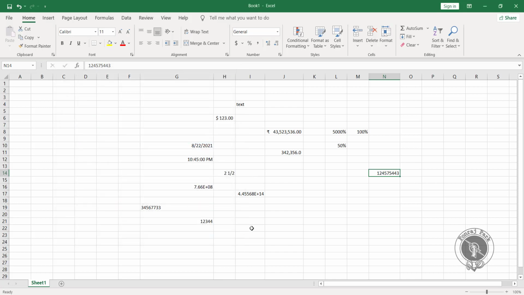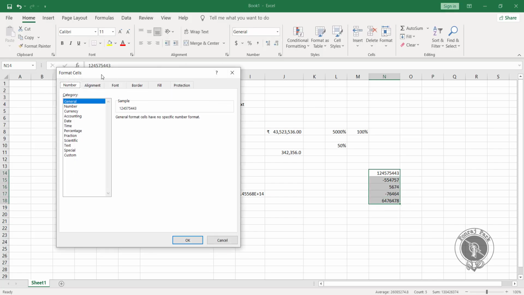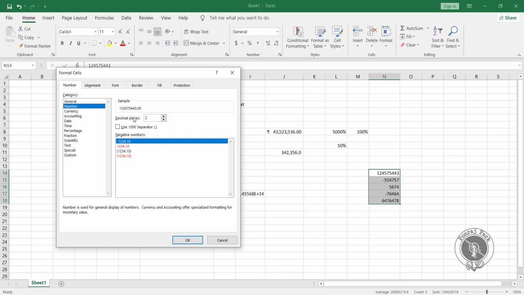So for this I'll enter some negative numbers also over here, like this, some positive, some negative numbers. Now I'll select this. If I come here in format cells, in the number I'll increase this.